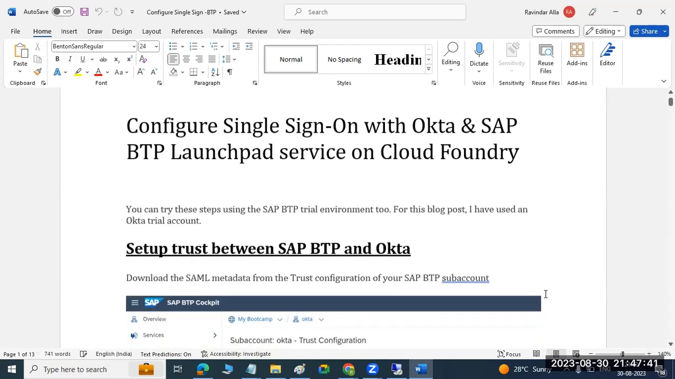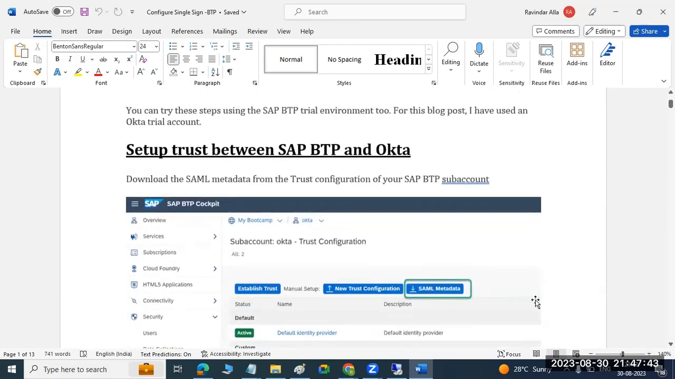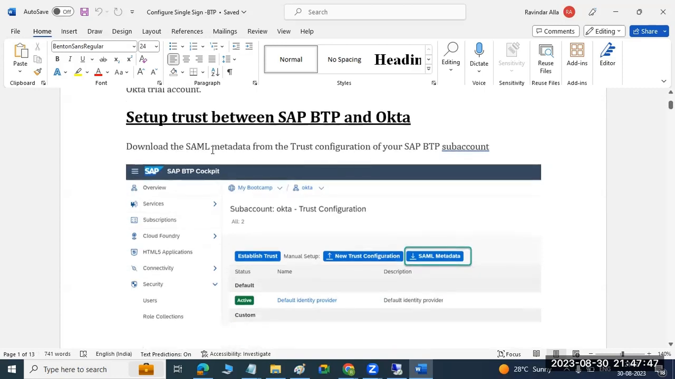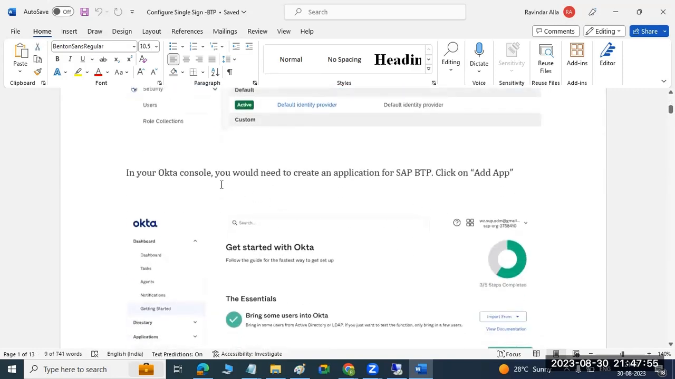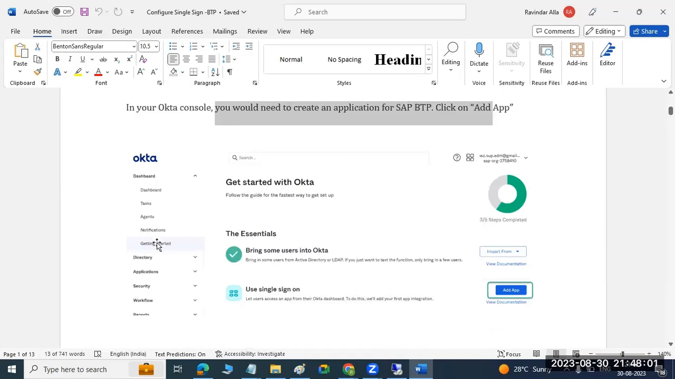So here, this is the one. Set up the trust between the BTP and Okta. The first step is to download the SAML data from the trust configuration. Same thing we have done. We have downloaded it, step number one. In your Okta console, you would create an application, add app. You have to go to getting started and click on add app in the single sign-on configuration,